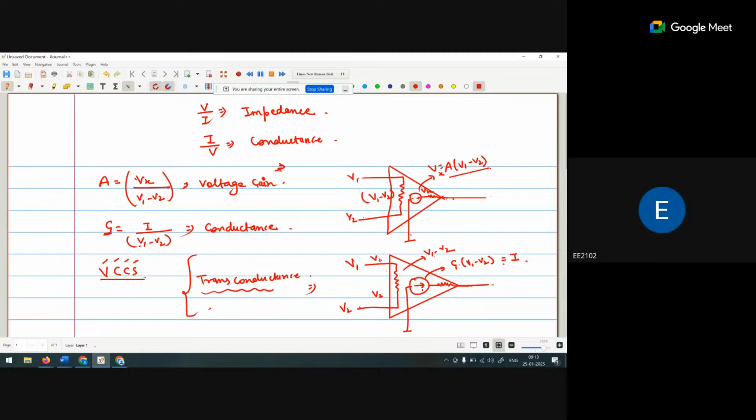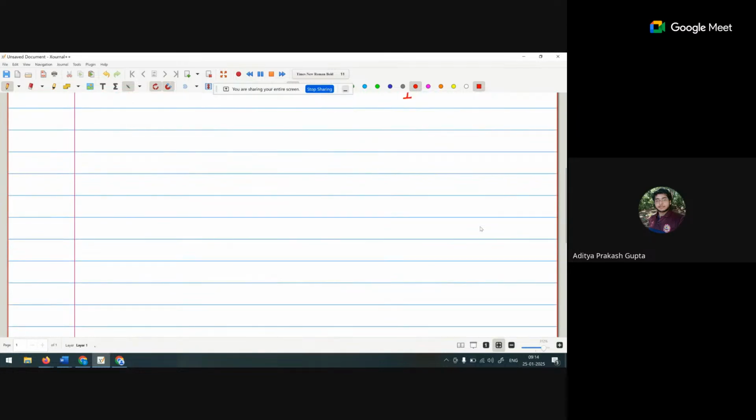Sir, in the lecture, the professor every time used the operational amplifier as a voltage source. VCVS and VCCS, both scenarios we are using. But in the second case, you are using the operational amplifier as a current source, right? Yeah, as a current source. Sir, is it possible to use the operational amplifier as a current source? If you go through the lectures,